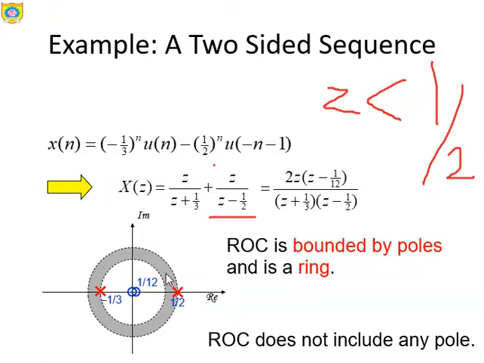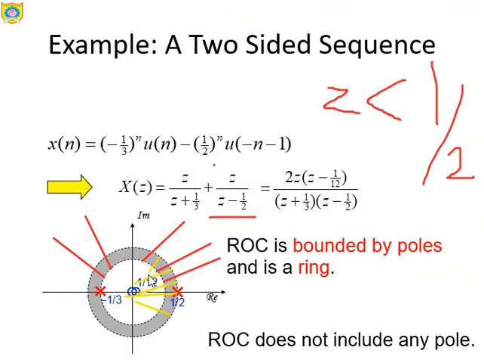So this is what the first part ROC is, by taking the circle with radius 1/3. And the second part, which we are going to study, is |z| less than 1/2. So it means it is from 1/2 to inside. So 1/2 is over here, so inside it will be the ROC.